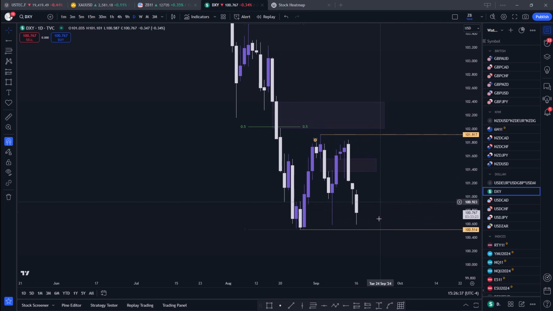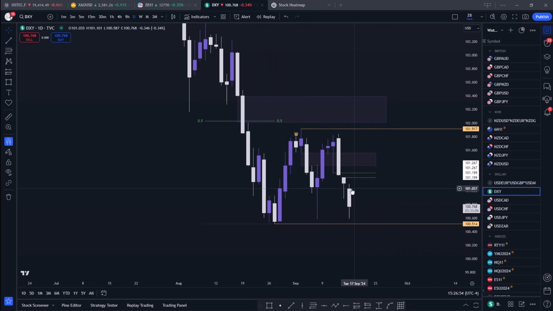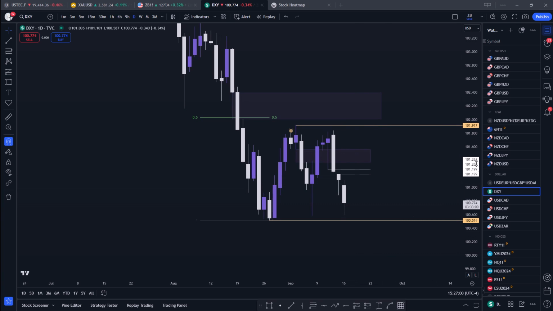So yes, I was looking at this daily inefficiency where we have the daily CB and volume imbalance at the same time. I was looking to see if we could retrace up to this area, then I would have been looking for entries to sell, but Monday just opened up, barely manipulated higher, then just pushed lower. So yeah, very bearish signature so far.